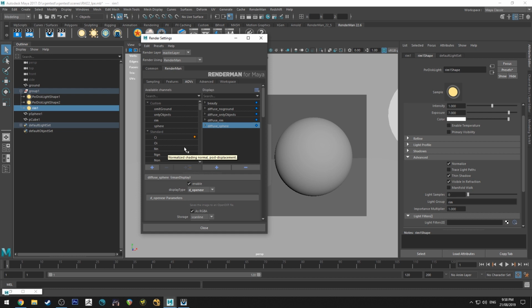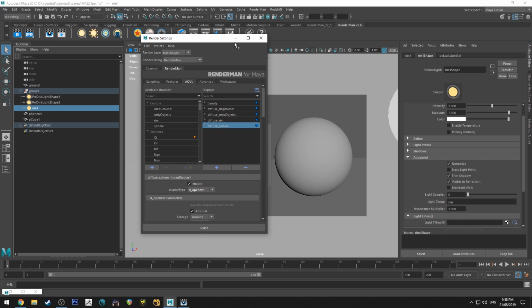So that's a very brief overview of some of the ways that you can use it. Hopefully that gets your mind juices juicing. I will, like I said, link to the page on the RenderMan wiki. Make sure you check that out. That's got a lot of very, very good information. It's quite easy to follow. And now that you know how to set it up, it should be even easier to follow and set up your own LPEs. You'll feel like a wizard doing this. It's really good. It's good stuff.